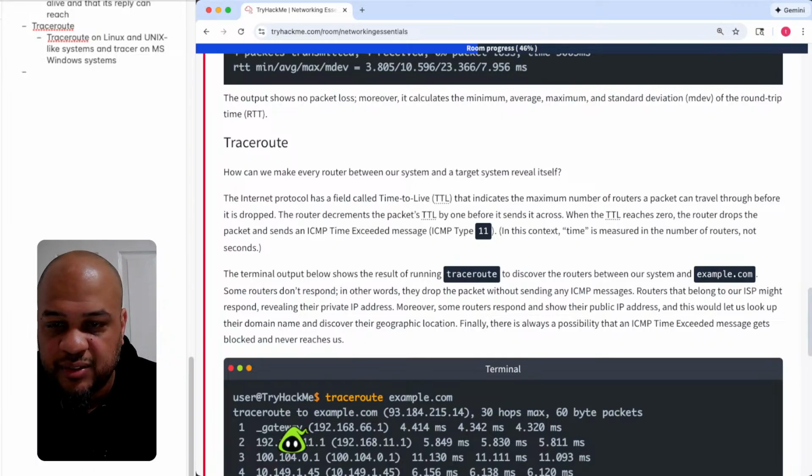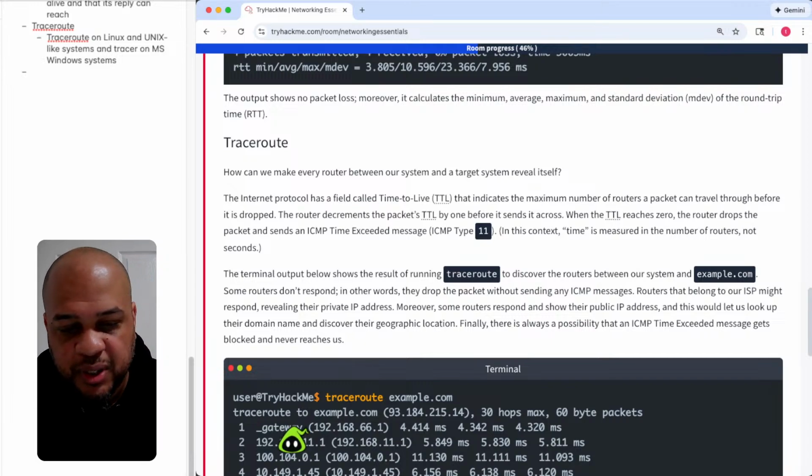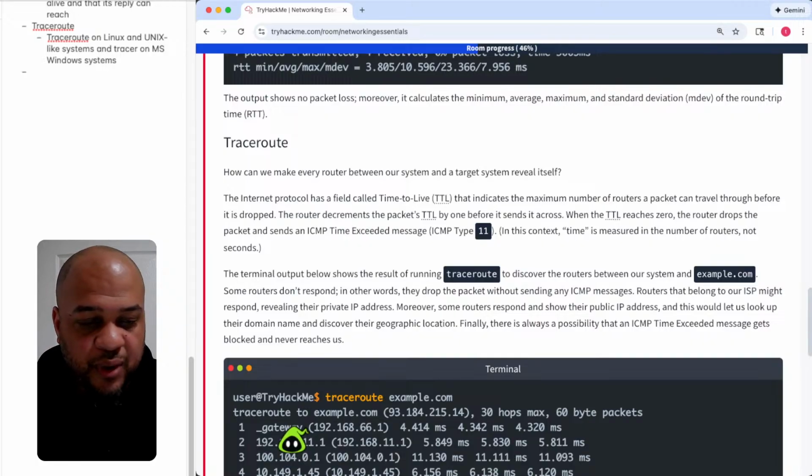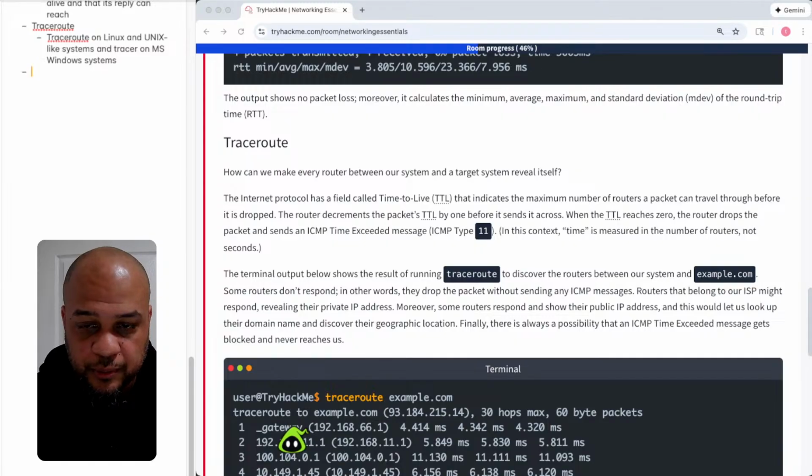So basically, you have a certain amount of time to respond back. If that time to live, TTL, is reached, then it sends back a time exceeded message, type 11. In the context, time is measured in the number of routers, not in seconds. So it lets us know how many routers it can actually access before it is deemed no longer living, if you will. So trace route,